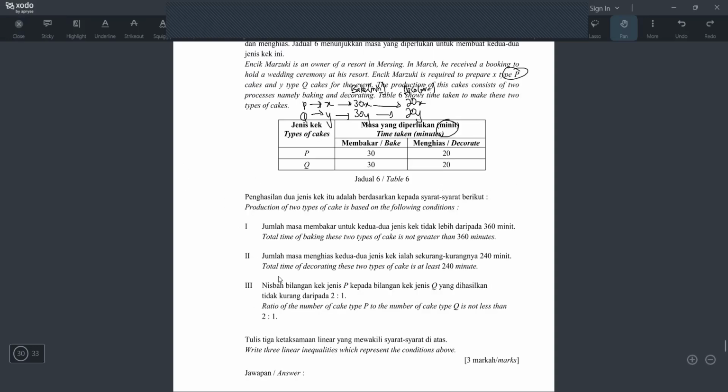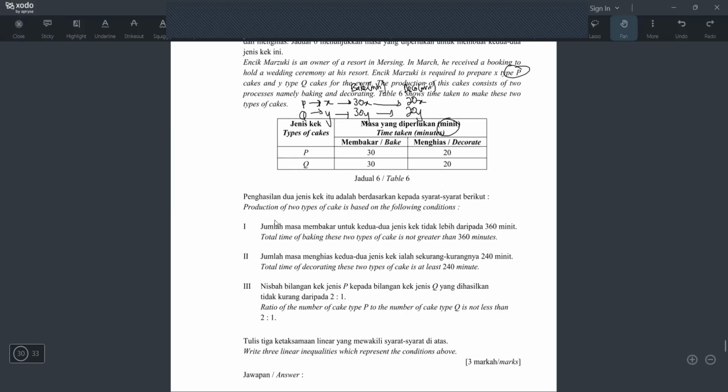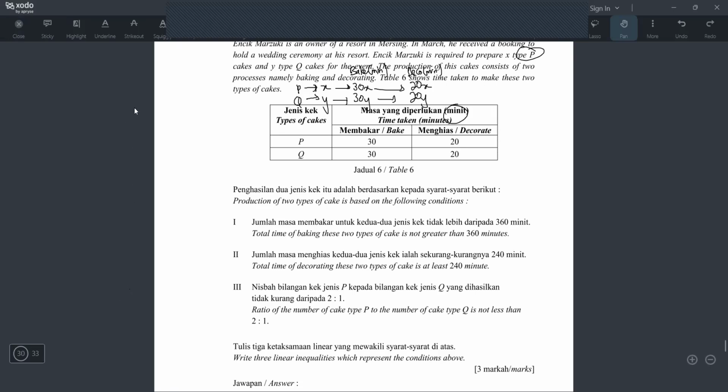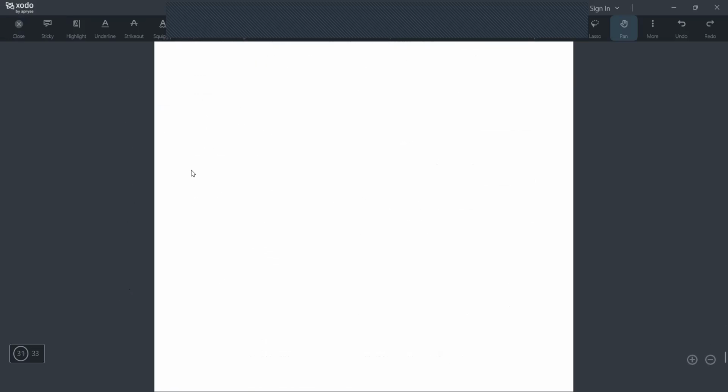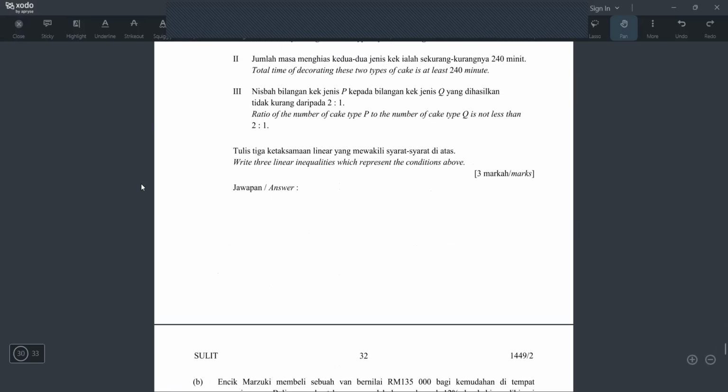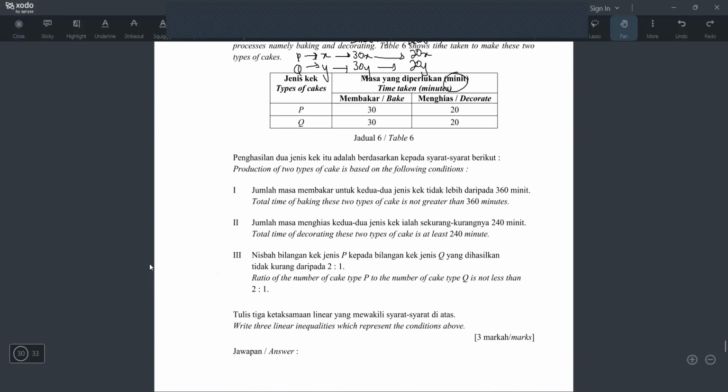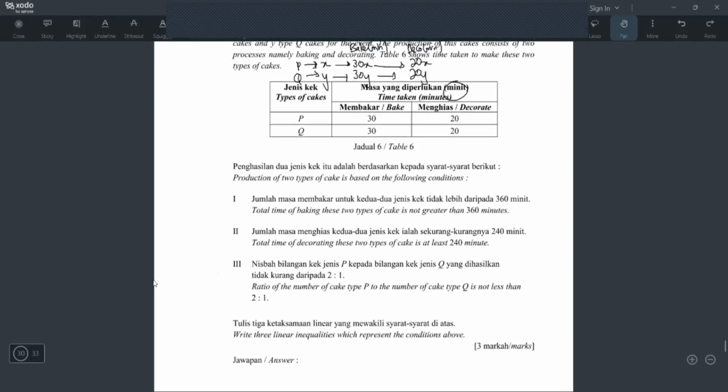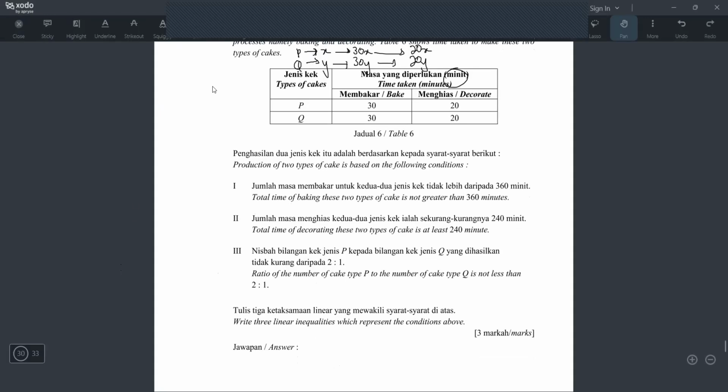Usually, when they ask you like this, you have to draw a graph afterwards. But if you look at the next question, they didn't even ask you to draw a graph, right? So it's not like the previous question which had a graph. So we don't have to care, no graph is needed here. We can straight away write our 3 inequalities. If you want to draw a graph, then we have to let, find the points and use graph paper. But this one is not needed. So let's write down the first inequality first.